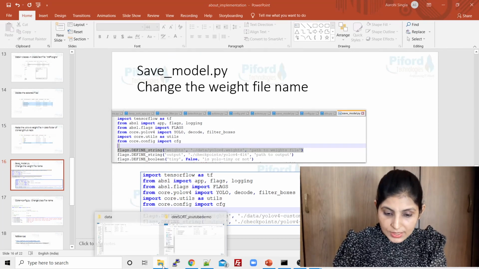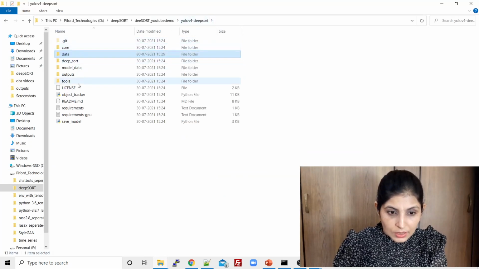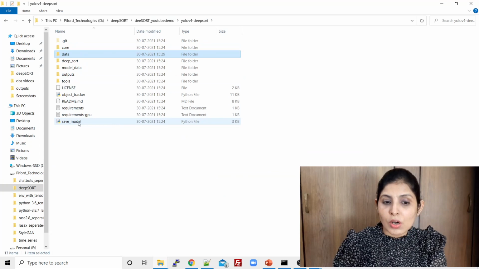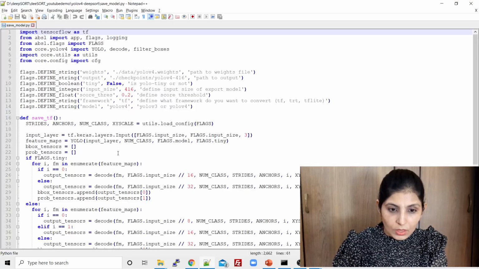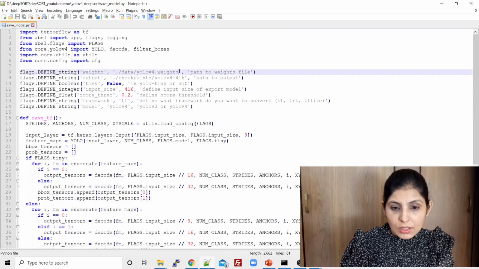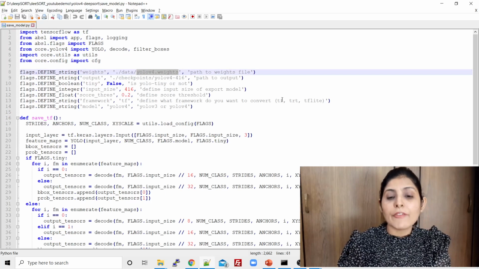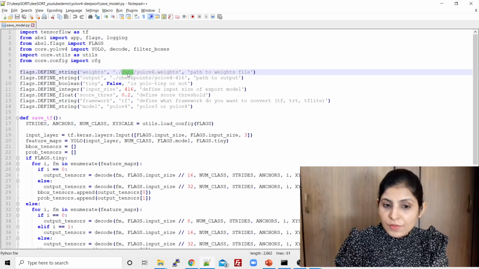Now the next step is we have one file with the name of save_model.py. Let's see what is there in this file. It is over here, save_model.py. Let's open this file. Over here in the 8th line, you can see you have to give the file name of your weight file. We have pasted our weight file in the data folder, so over here you need to give the weight file name.